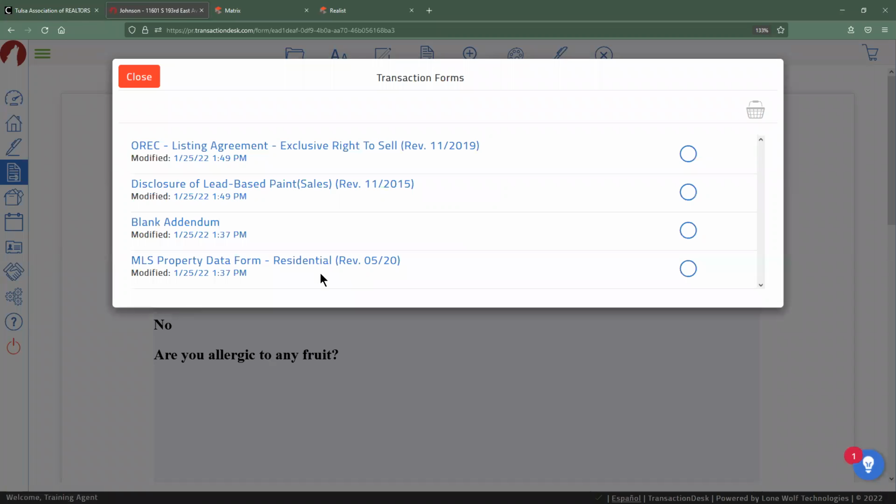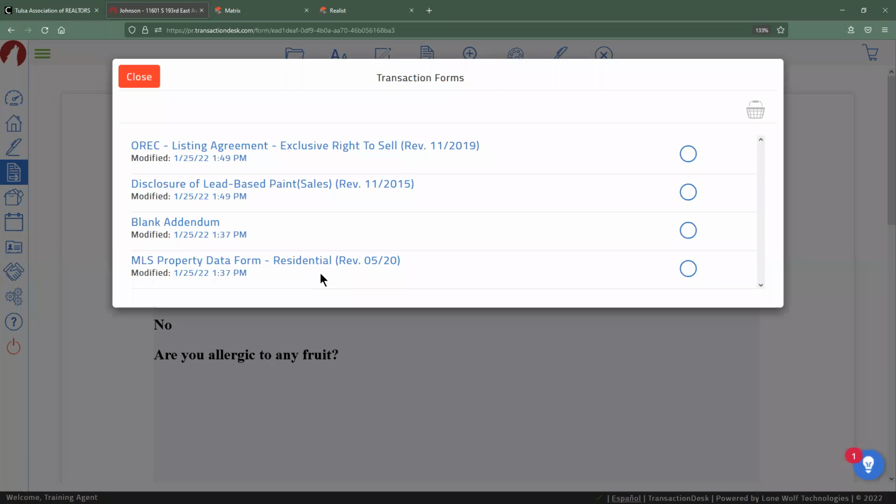And the last thing I wanted to mention before we actually take a little 10-minute break is the property data form. Now, this is something that you guys have access to in Transaction Desk. Even if you guys decide not to use Transaction Desk as your paperless transaction system, the MLS property data forms has an extra feature that I would strongly recommend that those of you guys who have add edit permissions try.